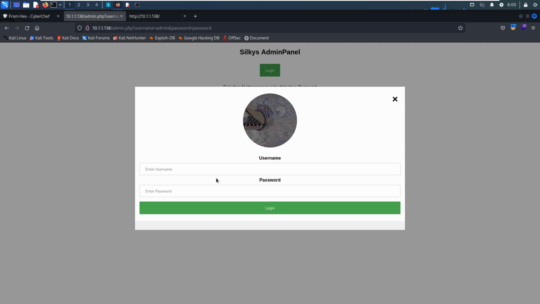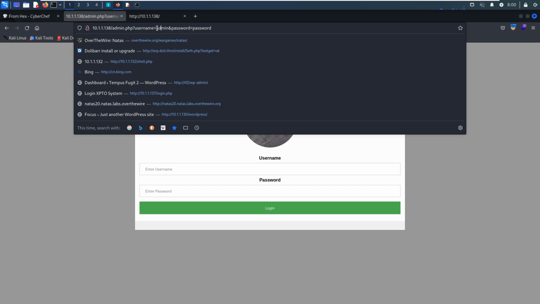normally the login request will be using the POST method. However, you can notice from the URL that this request is submitted through the GET method. To be honest, this is very difficult to spot, and this is the first time I have encountered such a vulnerability. Okay, and the username field is vulnerable to command injection.